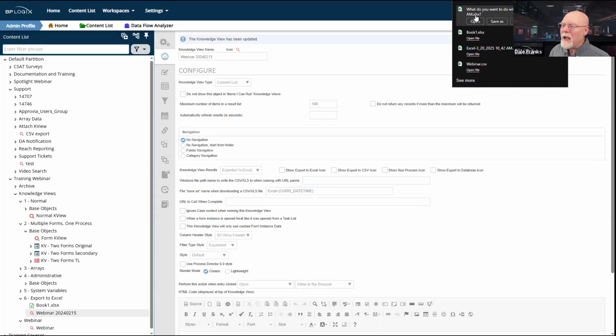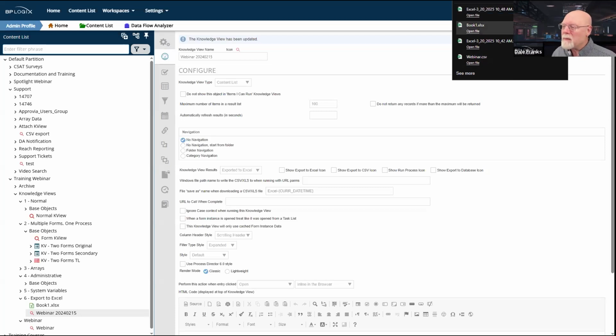3/20/2025, 10:48 a.m. XLSX. That 10:48 really irks me because that's the time. I don't know what time that is. I don't know where that 10:48 is coming from because it's 11:48 here. And I'm sure we don't have our server sitting out somewhere in Alaska, although who knows, maybe we do, but it's giving me the current date and time.